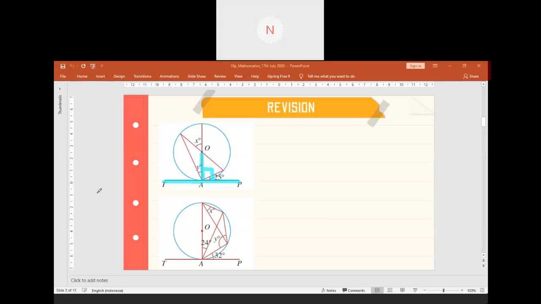No. Okay, so can you tell me what angle next to 25, in between Y and 25, will be how many degree? 65. Okay, 65. Is there anyone who gets confused to get 65? No. Okay, when you know it is 65, what type of triangle is it that has the angle 65? Is it an isosceles triangle, a random triangle, an equilateral triangle, or a right angle triangle?